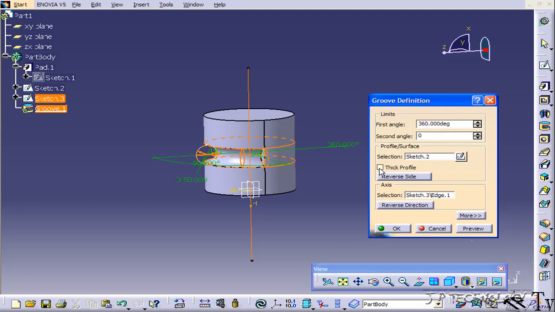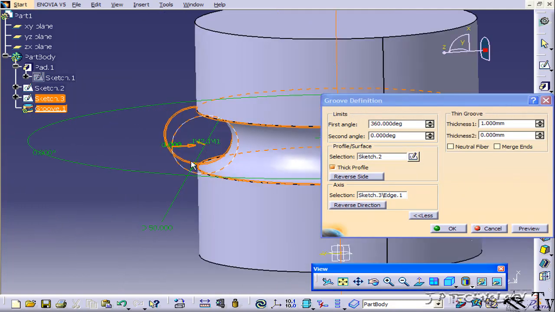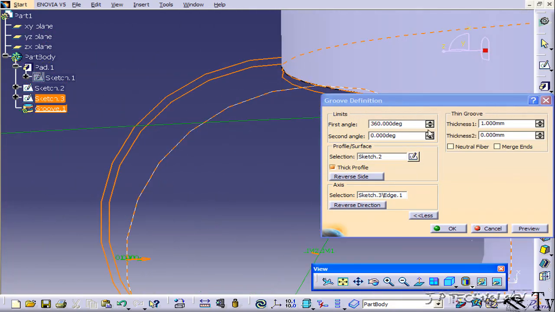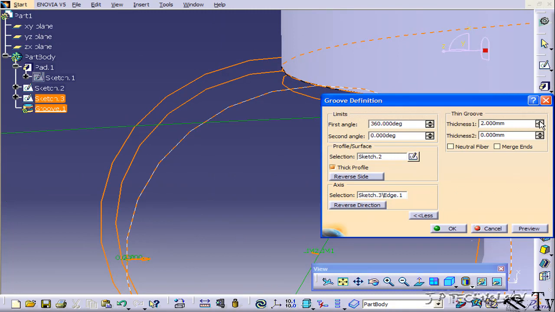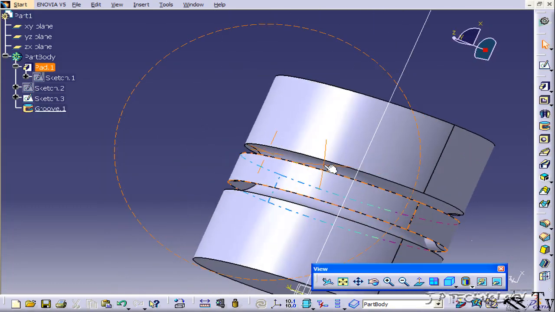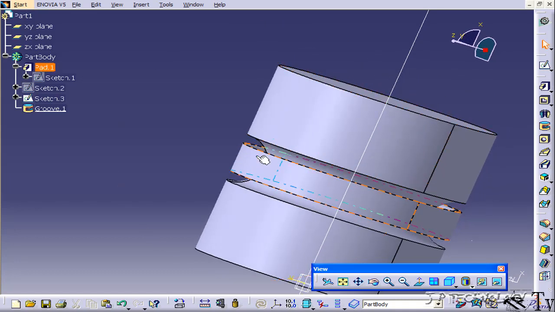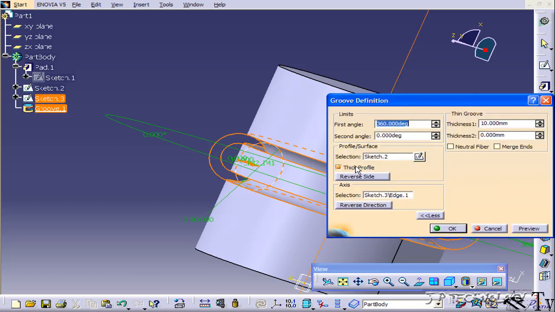And what we're going to do is create a thick profile. So let's click thick. Just like the other times, if you zoom into the sketch you made, you can see as you increase the thickness, it's going to increase the cut. So let's make this 10. Click OK. And now we can see that we've cut the groove around with the thickness tool with a thickness of 10. Now let's go into it one more time, and let's take off thick,